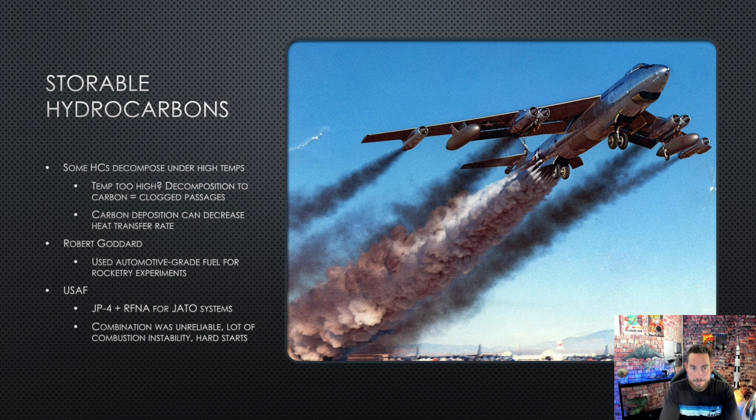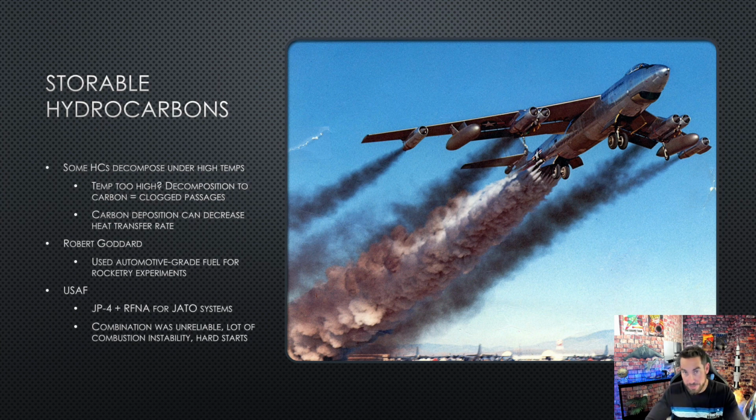The Air Force used, for a period of time, JP4 plus red fuming nitric acid, and they created, as I mentioned, these JATO rockets. This is a B-57 bomber. It was used in the 60s, in between World War II and Vietnam. It was a big, lumbering jet that was really hard to get off the ground, and they were looking for improved performance. So they strapped all these rockets to the bottom of it. These are called JATOs, Jet Assisted Takeoff. Basically they took the JP4 and red fuming nitric acid and mixed them together. Remember, RFNA is very hypergolic. It hits the JP4